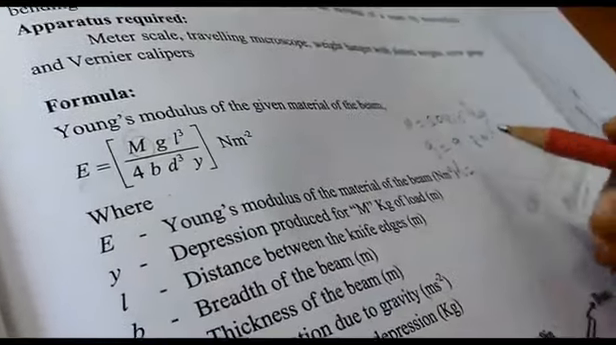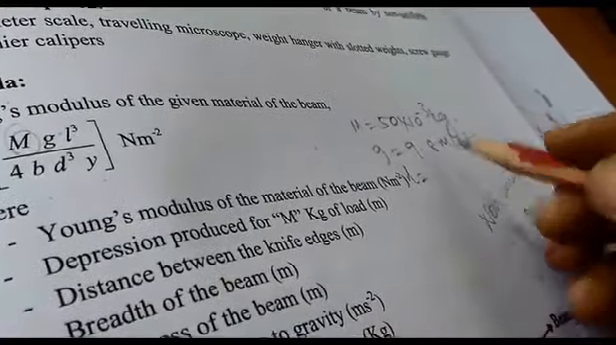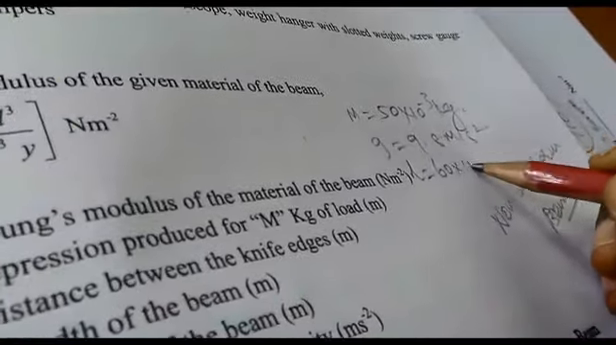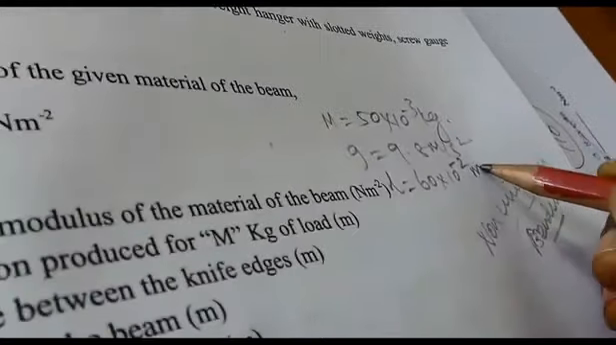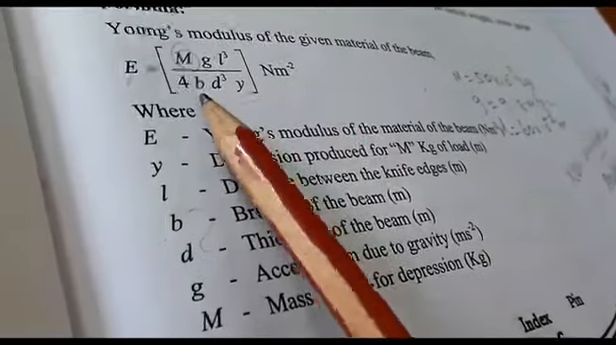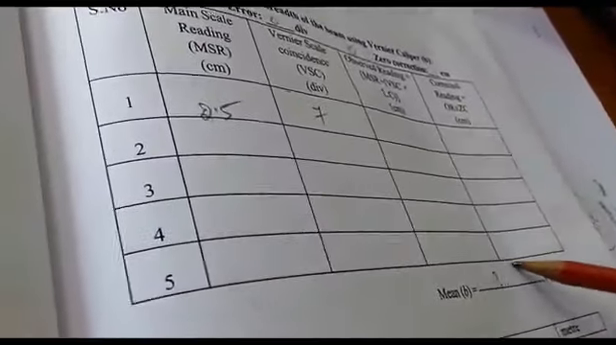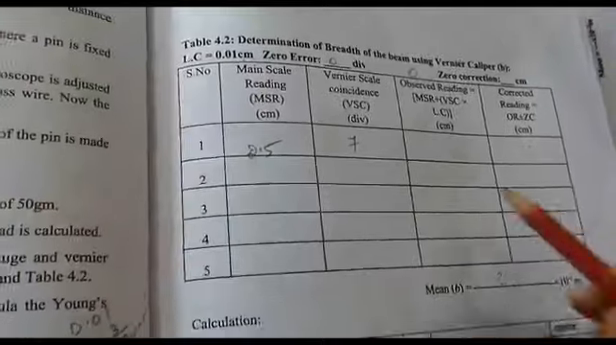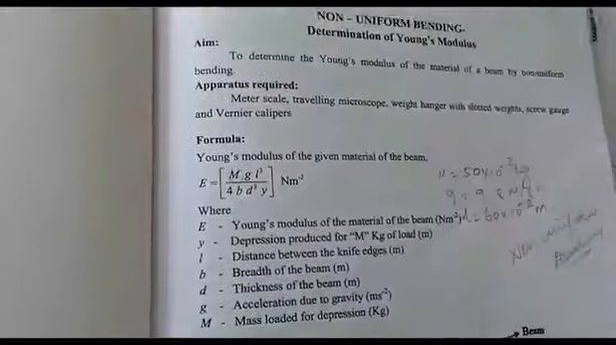Mg, then what is there? L cube. L, what is that? I said initially it is the distance between the knife edges, which is 60 centimeter, that is 60 into 10 power minus 2 meter. And then the breadth of the beam can be calculated from the mean value in the tabular column of the vernier caliper. B is so much into 10 power minus 2 meter, which is around 2.5 into 10 power minus 2 meter,